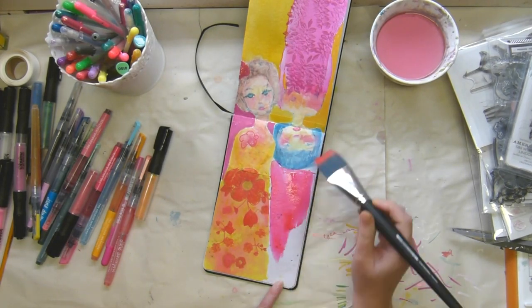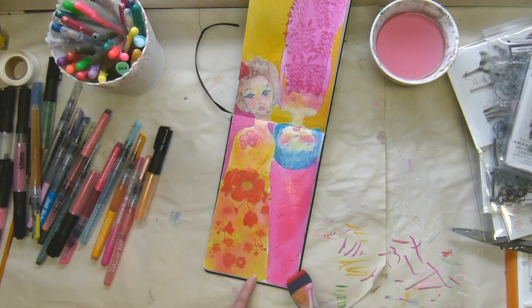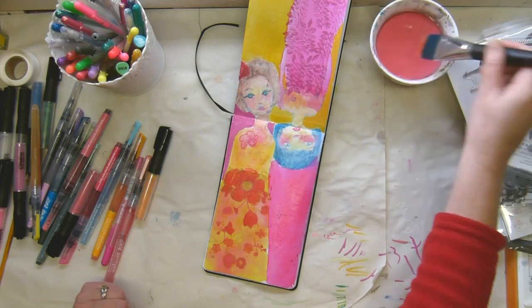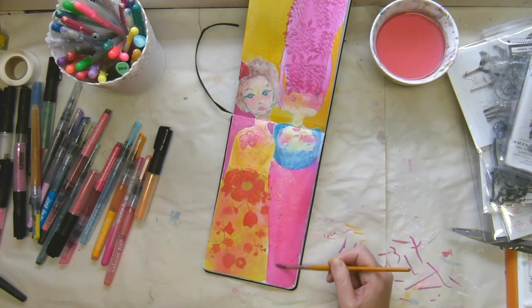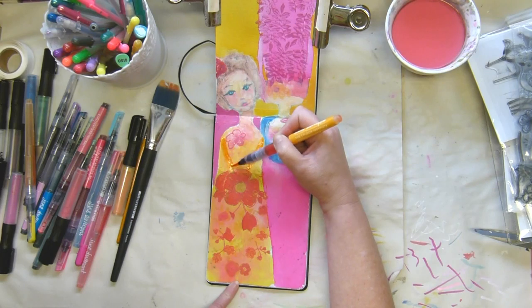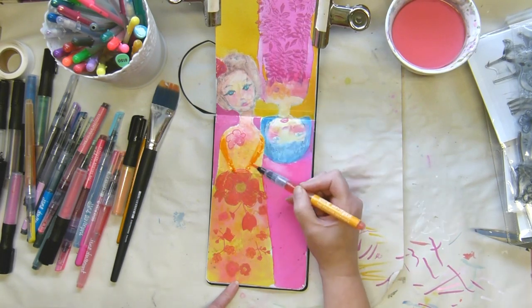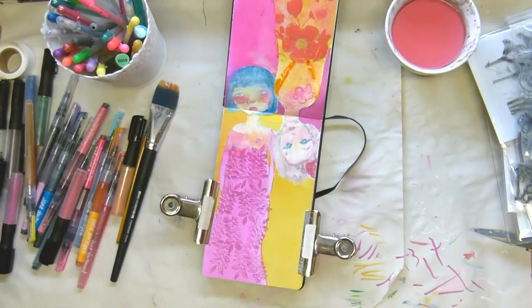But yes, the arms. I realized that my poor girls needed arms, and I have a very loose interpretation of what arms look like. But I did add them in, and I even give this girl's arms a bit of shadowing. I was really quite chuffed with myself, because having said that, I don't have the patience to study and to really make